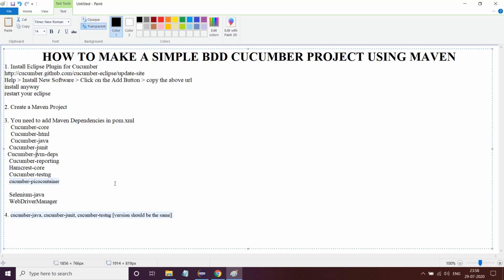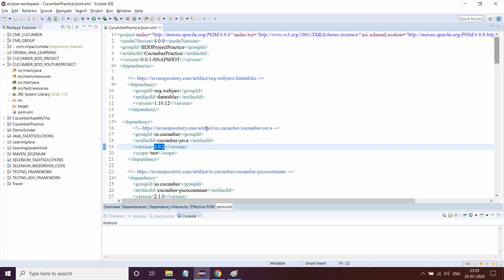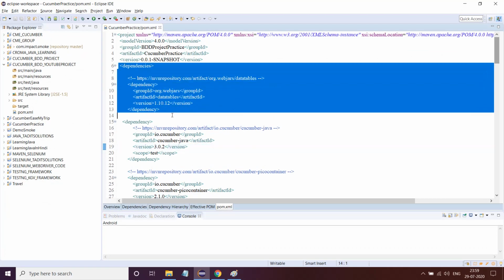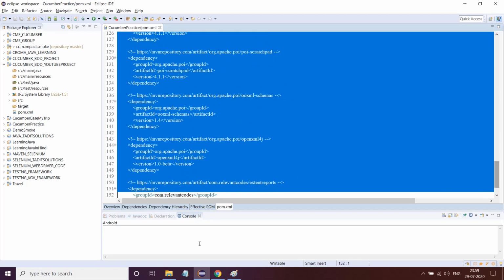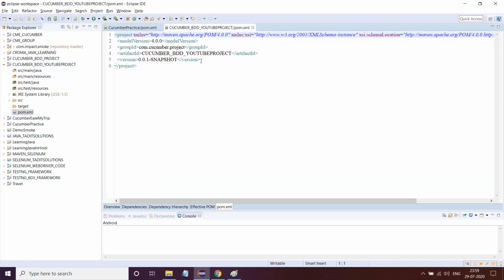So this is mostly it. I think this should be enough. Of course, there will be Gherkin and JUnit and all that, but we will see all that later. So what I have done is I've already added the pom.xml file for myself. So what I'll do is I'll copy all the dependencies. I have added too many, but it's okay, you can add, and then go to the project which I have created in this particular pom.xml. I'll just go and paste it and I'll save it,